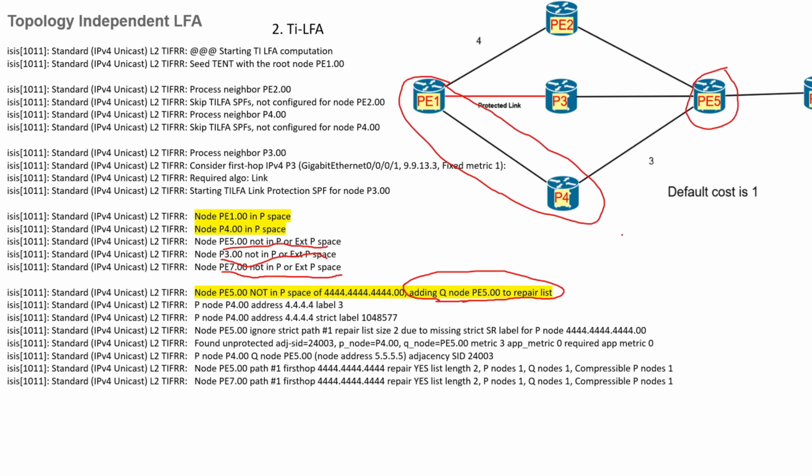So this has become the P node and this has become the Q node. So all these routers are part of the Q space of P3, the destination. Then, based on that, routers are going to figure out the SID, as I said earlier,